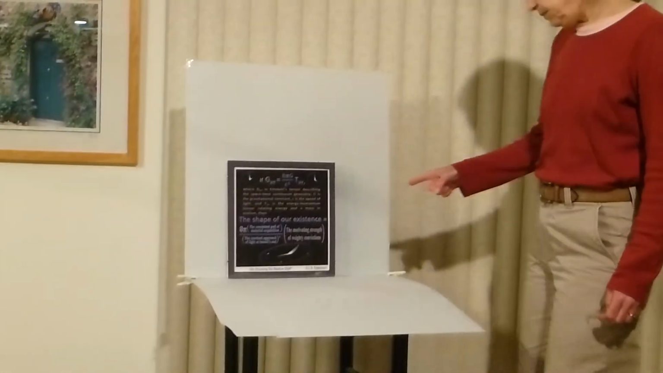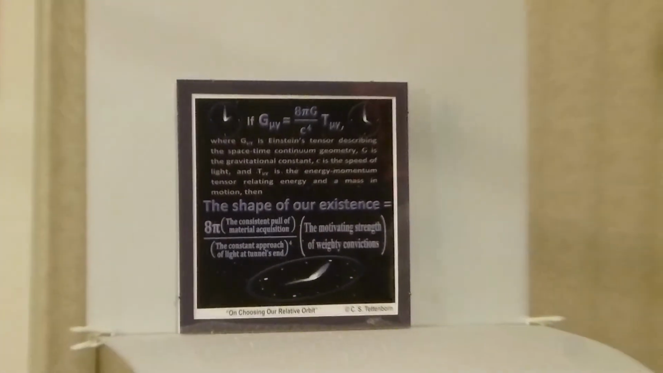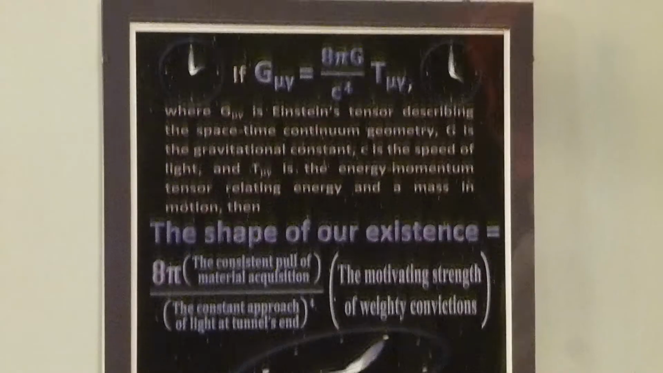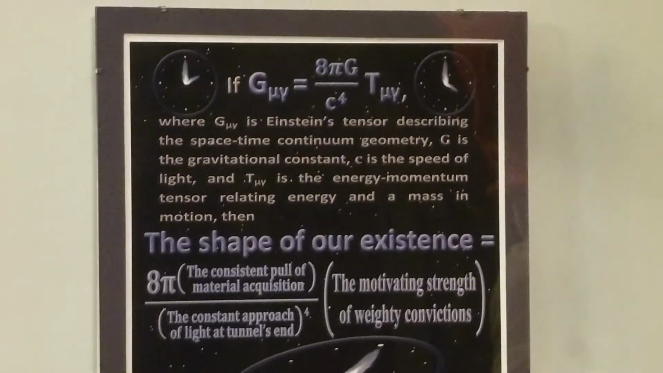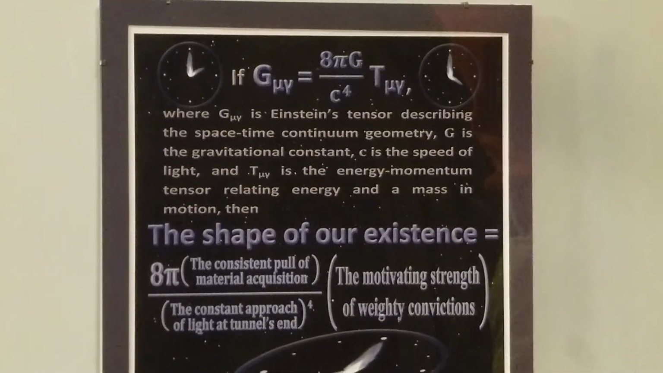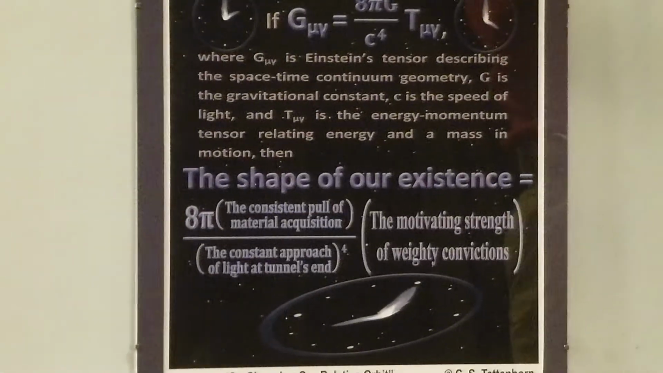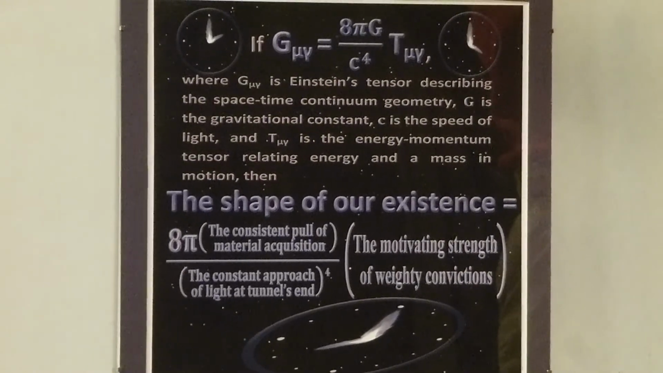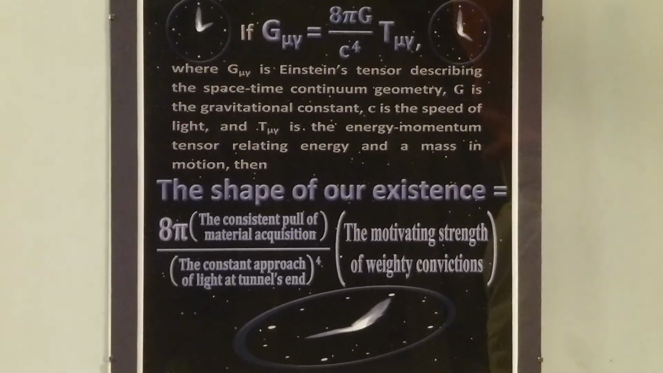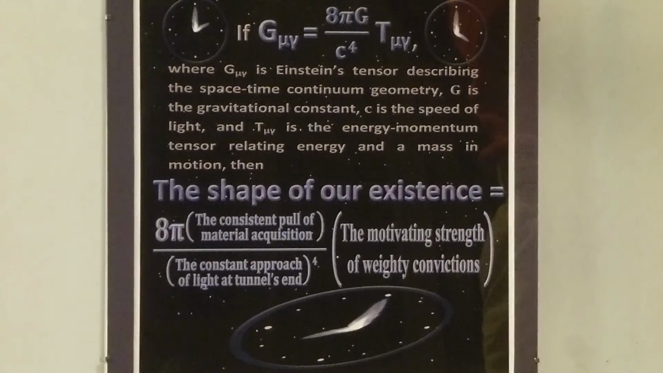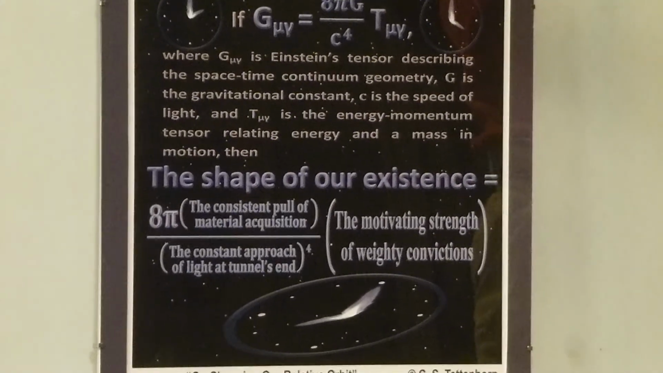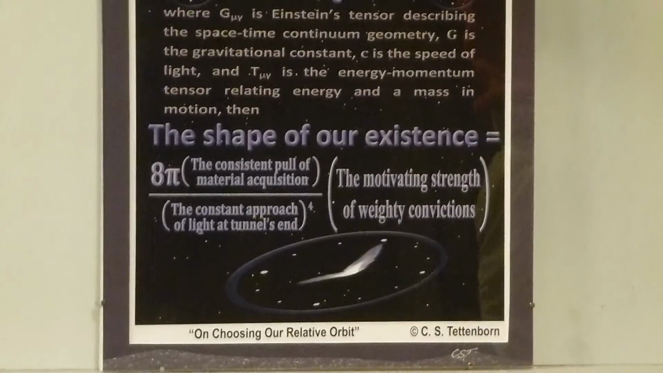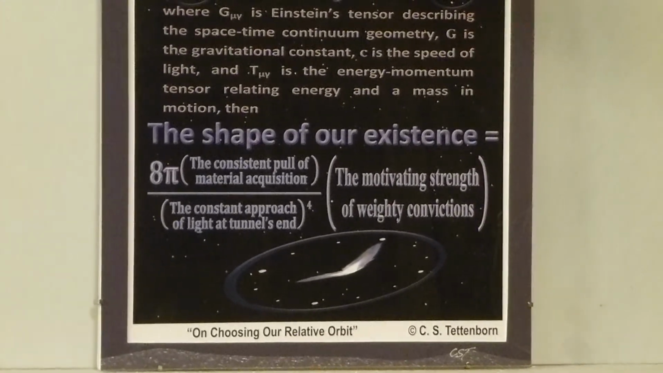Finally, the last poem I'll go over is based on Einstein's theory of relativity. If G mu gamma equals 8 pi G divided by c to the 4th times T mu gamma, where G mu gamma is Einstein's tensor describing the space-time continuum geometry, G is the gravitational constant, c is the speed of light, and T mu gamma is the energy momentum tensor relating energy and a mass in motion, then the shape